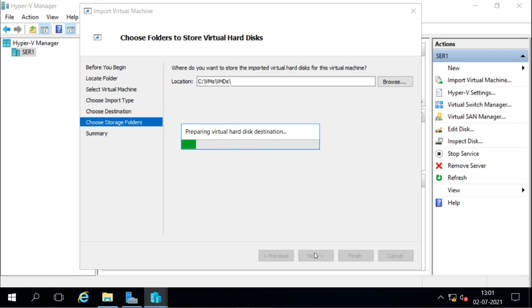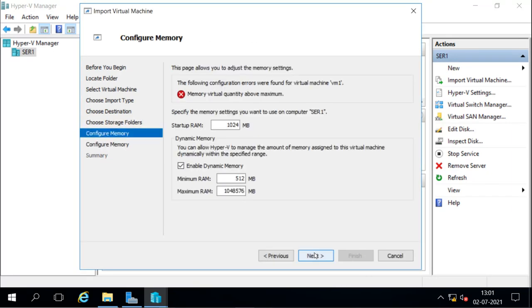Now it is preparing the destination virtual hard disk, and then it will start importing the machine. Okay, now it is loading, and it says this page allows you to adjust the memory. This was the RAM, and if we remember, dynamic memory was selected there. So I'll say okay, yes, I want to go with this.